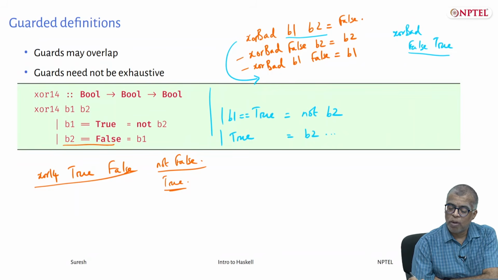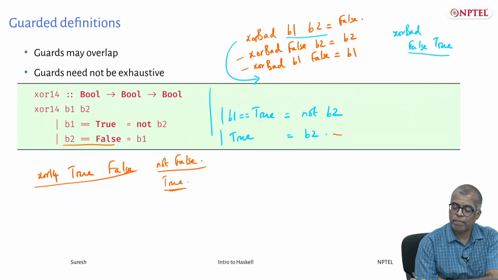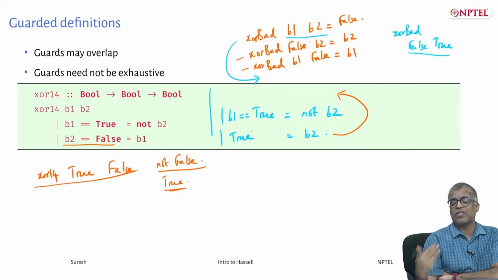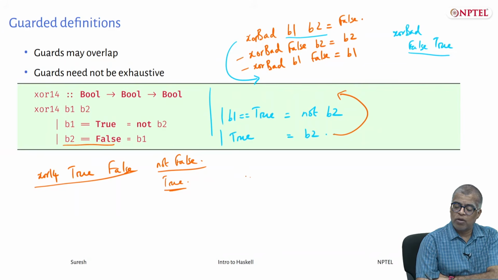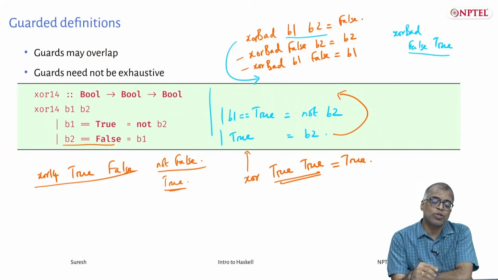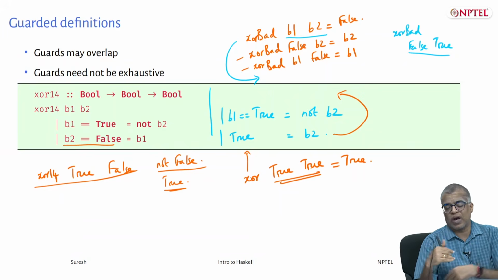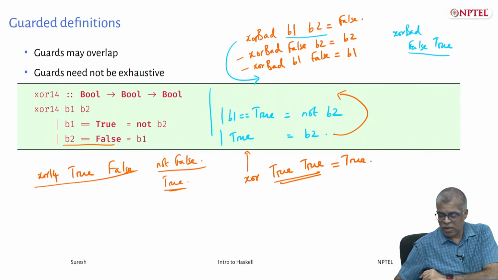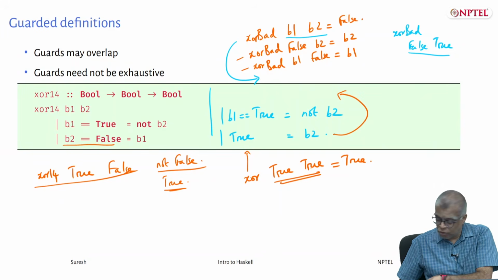Okay, but of course it's clear that you cannot switch up these two values, right? Because if you push this up, then this true is a condition that is always true, so it will always return the value of B2. So even if I invoke this particular function with some arguments, this is not what you expect, right? So you should be careful how you order your guards, but mostly you will put very specific cases at the beginning and the more general cases towards the end. Okay, so this is something that you need to take care of.